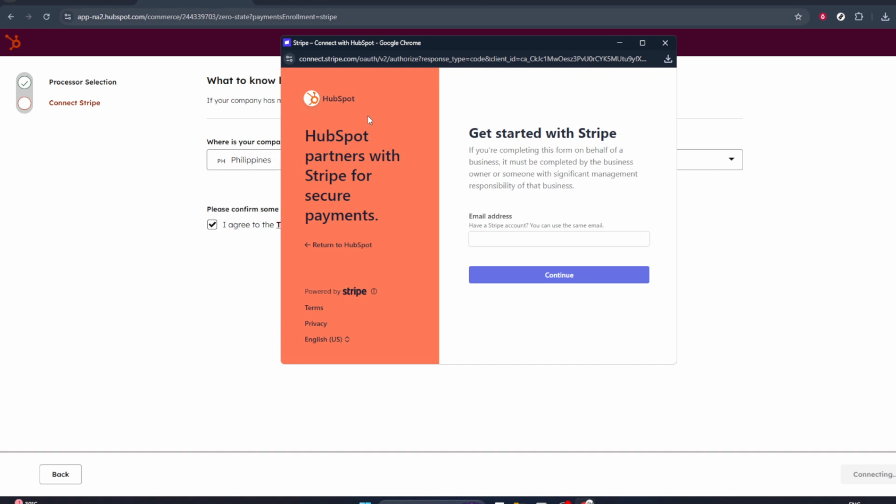Once you've chosen your country, continue by following the on-screen prompts. HubSpot will either open a Stripe setup window or redirect you to a Stripe sign-up or login page. From there, you'll be asked for business details, banking information, and verification documents, all handled securely by Stripe. Simply move through each screen, provide accurate